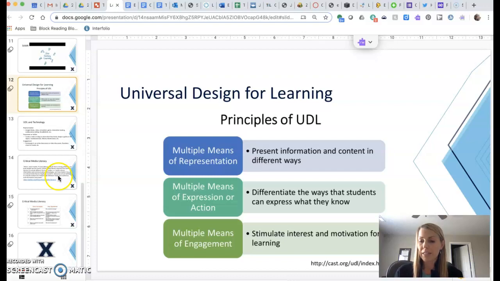We should also provide multiple ways for students to express what they know and multiple ways to stimulate interest and motivation. So this is important because students are all different, and these principles came out of special education. So we should really be thinking about the fact that all of our students aren't the same and deciding how we can present information to them differently and allow them to present what they know to us differently. So that's called universal